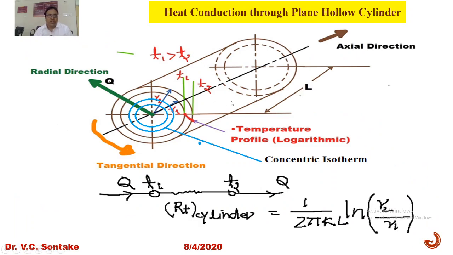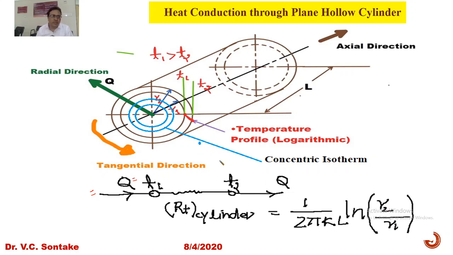So this diagram further represents so many values. For the cylinder under consideration, I can draw the equivalent electrical circuit. So Q is the rate of heat transfer, T1, T2 are the temperatures. It will give us temperature difference. So the material of this cylinder will offer thermal resistance, RT cylindrical wall, and it is given by 1 over 2 pi KL into log of R2 by R1.